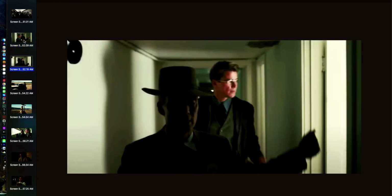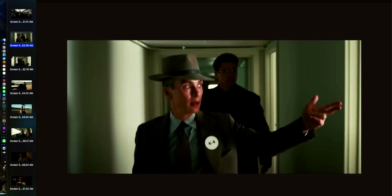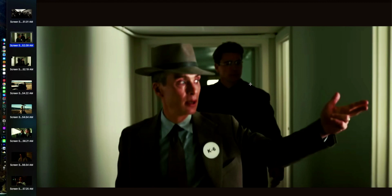The other thing is kind of a lighting choice, and this is very simple. There's a lot of natural light in this film. I thought this was really interesting because in this shot, you get a natural light coming from this side of the frame and coming in and hitting Cillian Murphy to illuminate his face. You also see that again with another doorway here. And we know from the back and forth cuts in the trailer that they're coming from big windows in each of these rooms. But this was just thoughtfully set up because as they're walking through the hallway, they're draped in